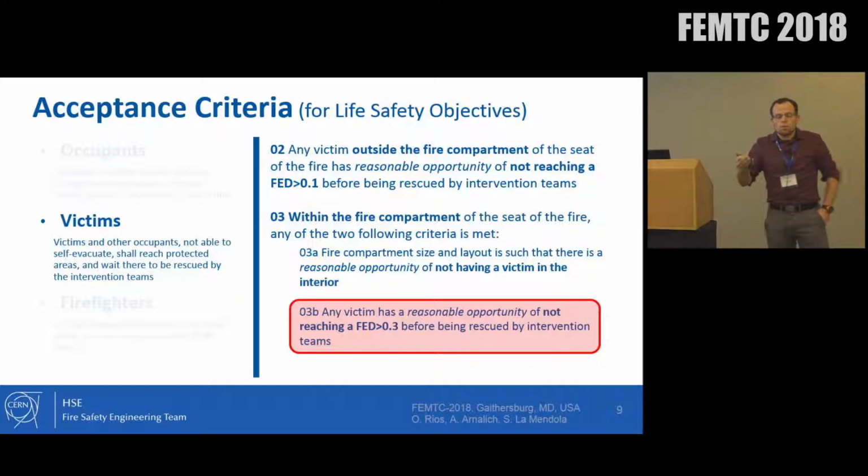Like, nobody really gets killed due to visibility. You get killed due to fire, due to heat, due to toxicity, but not due to visibility. So we need a further assessment, a more detailed assessment. And that's why we go to the FED assessment. And at some point, we would like to go a step forward and link it to a risk assessment. Because when we talk about FED, we are already talking about the probability of something occurring.